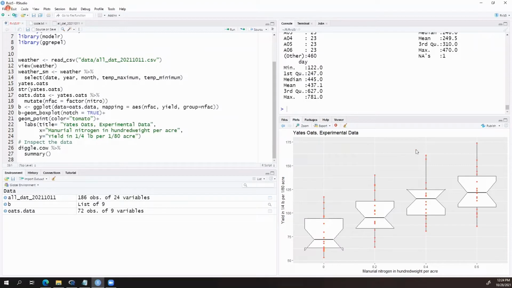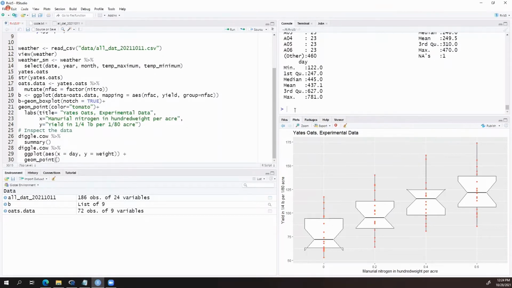And so one of the things that we're going to do is first just take our Diggle cow data and create a very quick, simple scatter plot. We take our Diggle cow data and pipe it to ggplot, and we tell it that we want to plot the day as X and the Y is weight, and we want to use geom_point.